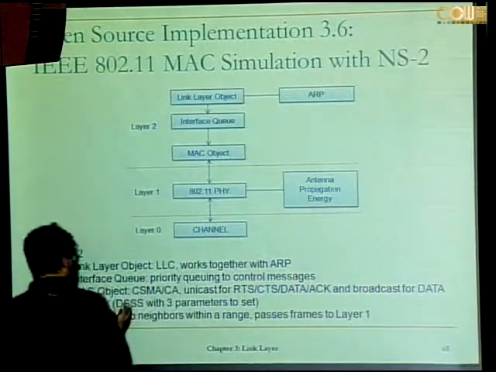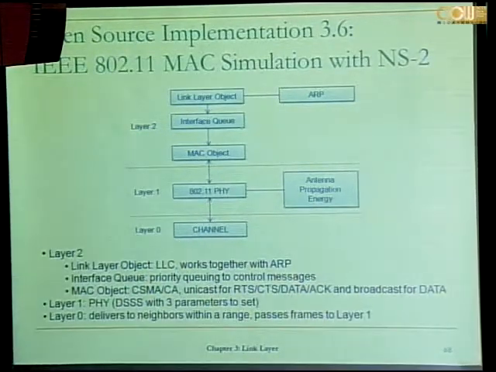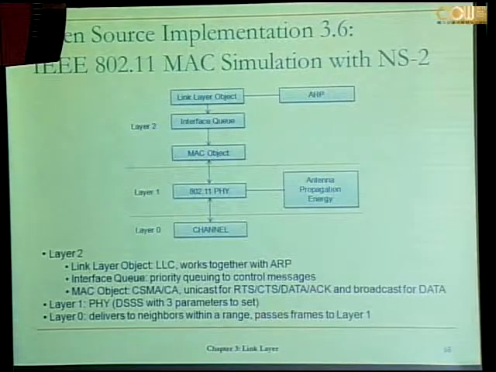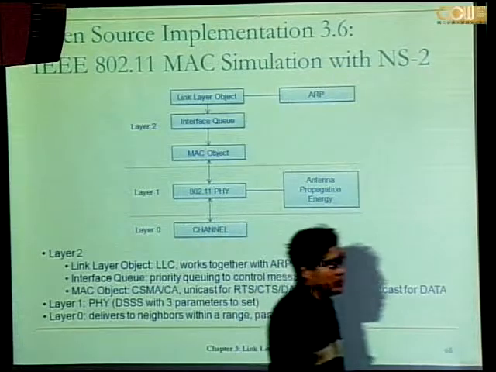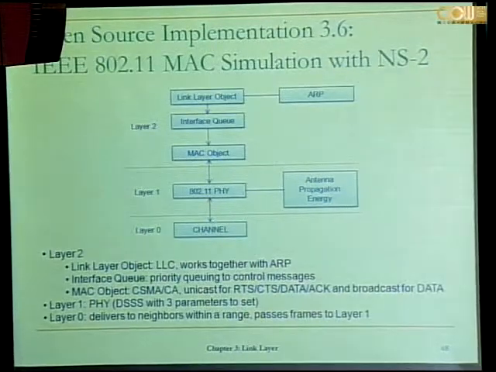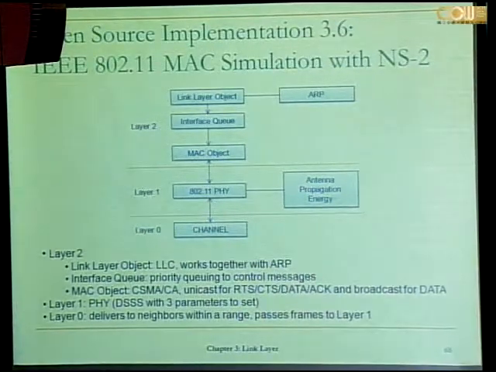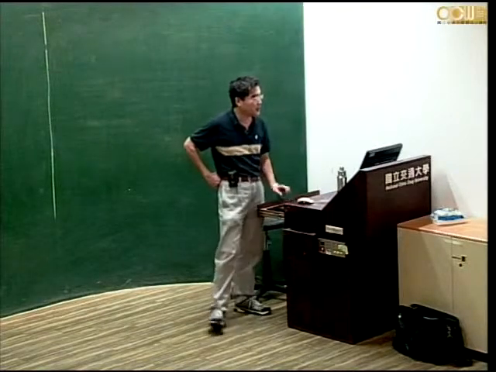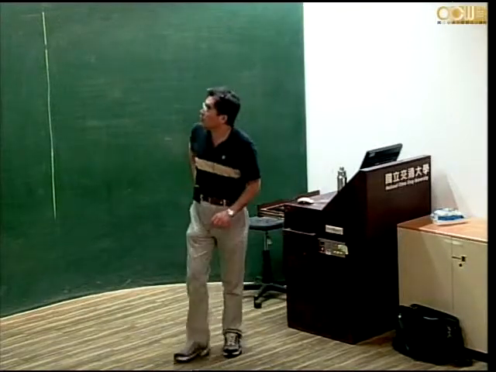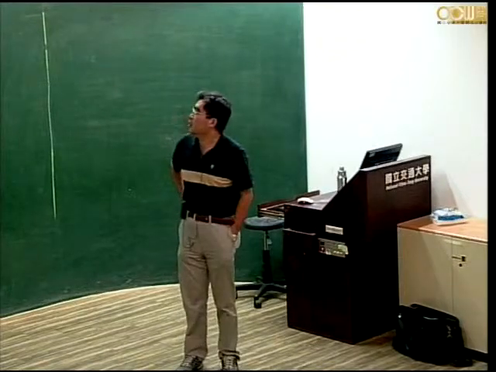It simulates DSSS, direct sequence spread spectrum. So it has quite a complete simulation. I don't know whether it's similar to OFDM, but it has DSSS. So we can just look at how it might be implemented